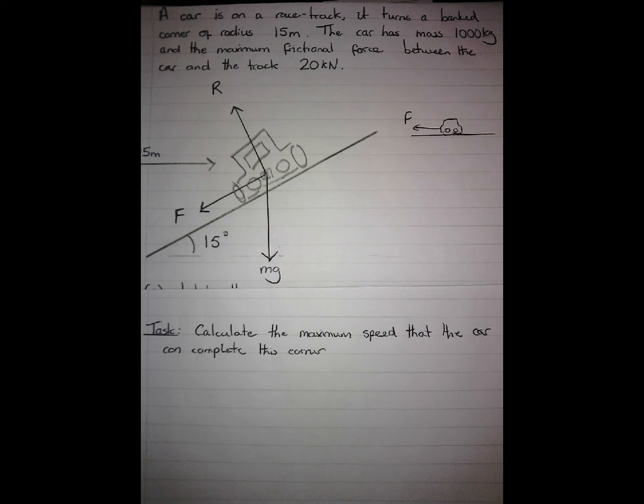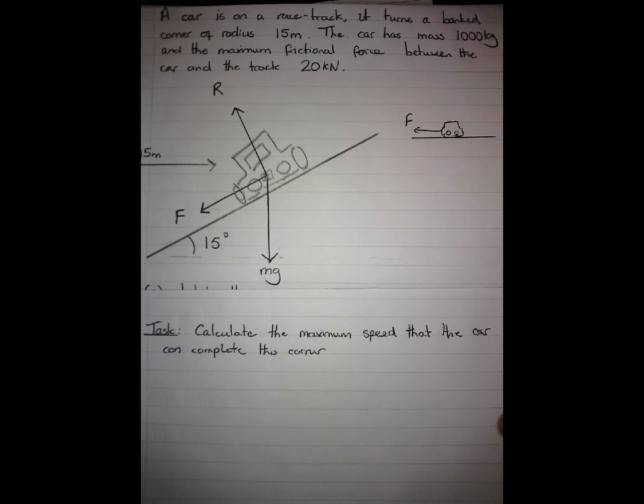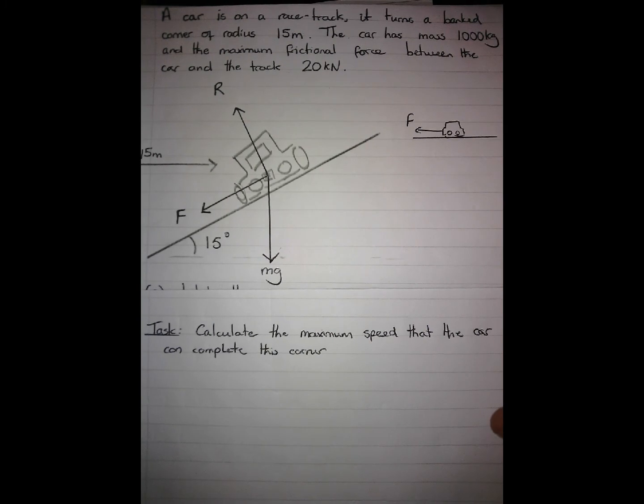And the question is to calculate the maximum speed that the car in this example question can complete the corner on the track. What do we mean by the maximum speed here? Well, we mean the speed that the car can travel at without skidding off the track. So that's the problem, and we're going to start this by the same technique that we looked at with the